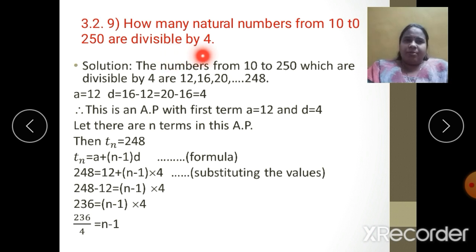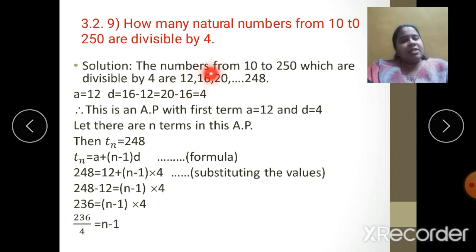Numbers should be divisible by 4, but there are so many numbers, it starts with 4, 8, 12 and so on, till infinity, yes or no? But they have restricted us from 10 to 250. So this tells me which should be my first number of the AP. Is 10 divisible? No. Is 11 divisible by 4? No. So my first number will be 12, as 12 is divisible by 4.